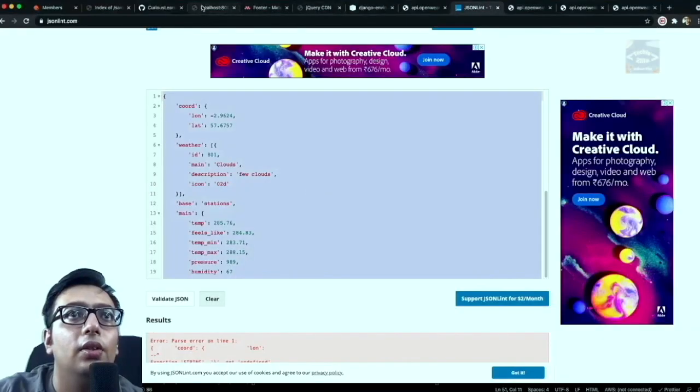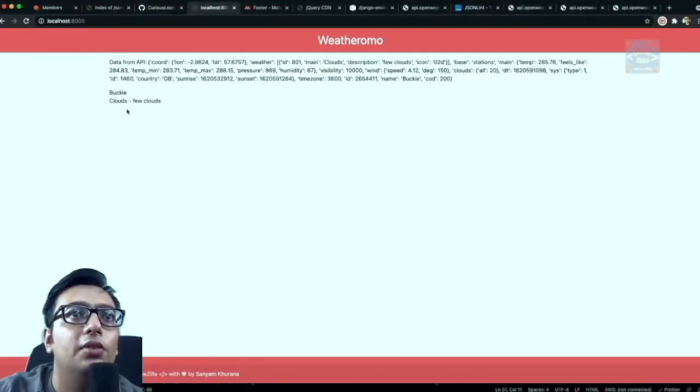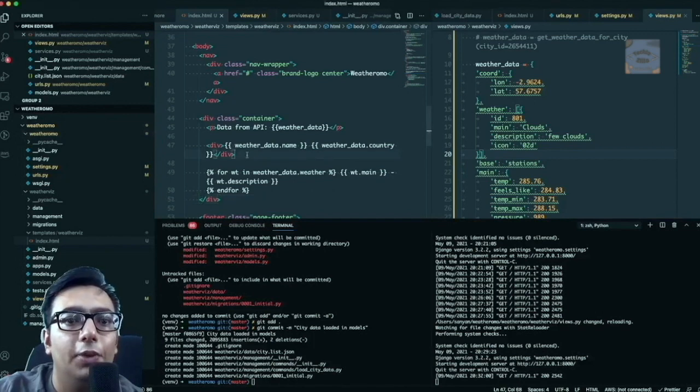And let's see how it is coming out so far. Okay, so this is the city name, this is cloud, and then the description, which is few clouds. Now what I want to do is I want to make it really relevant to the user. So first of all, I want to center out this div,